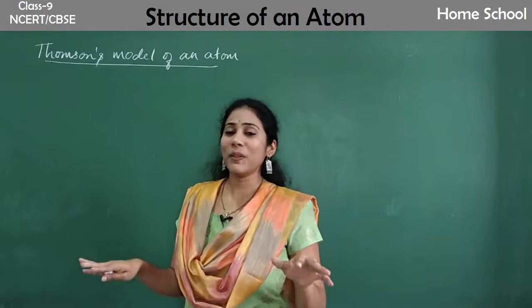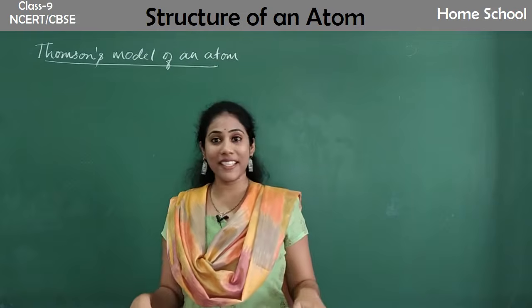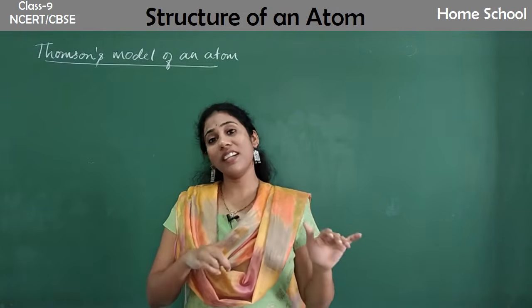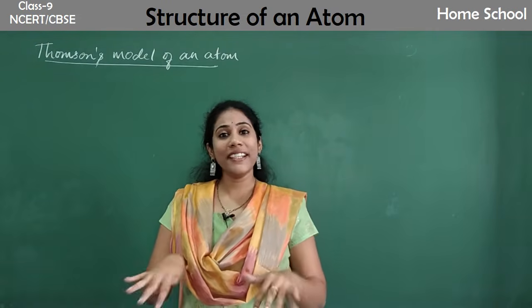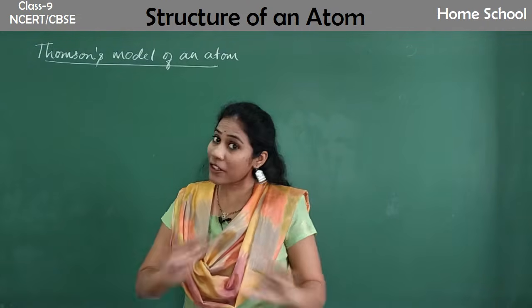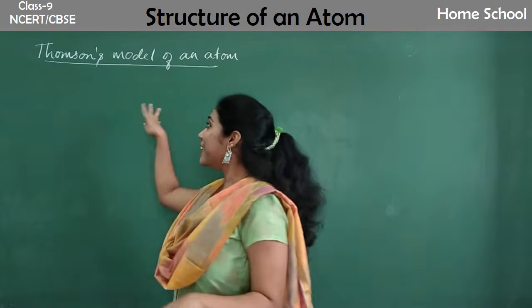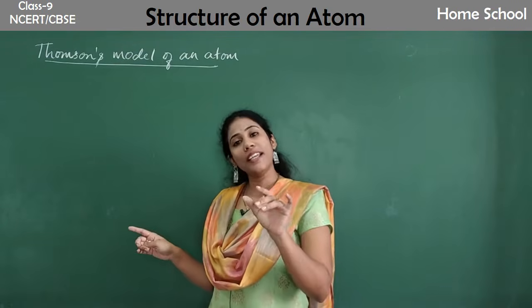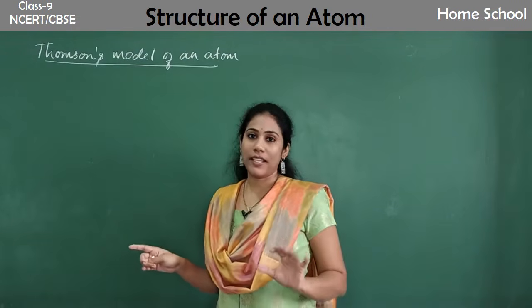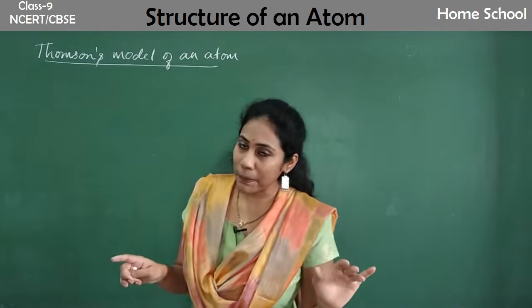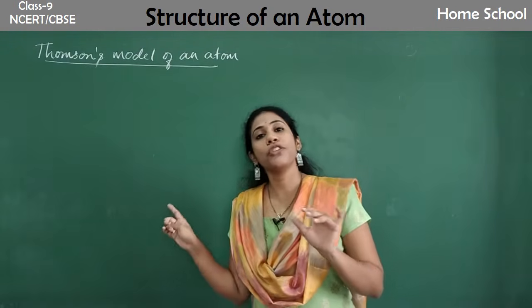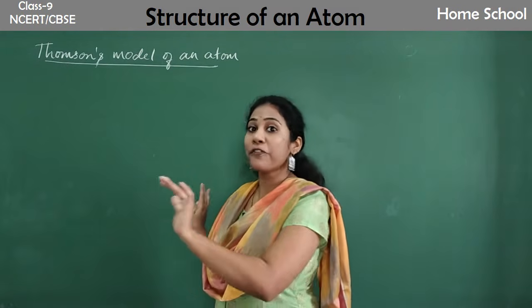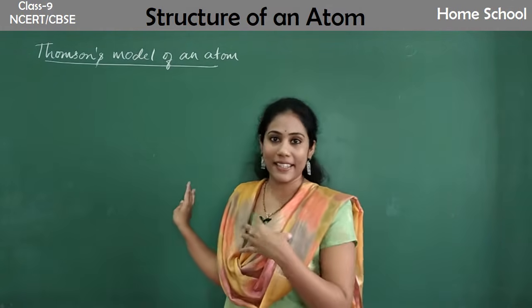Whereas electrons and protons were discovered earlier, and this model was proposed in the 18th century. So in the 18th century neutrons were not yet discovered, so he did not tell anything about neutrons here. He spoke only about electrons and protons. Electrons are negatively charged particles and protons are positively charged particles. Let us see how he arranged electrons and protons inside the atom.